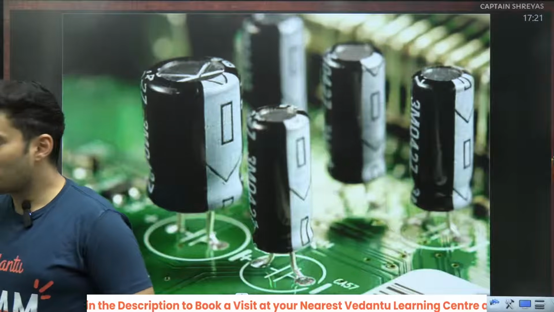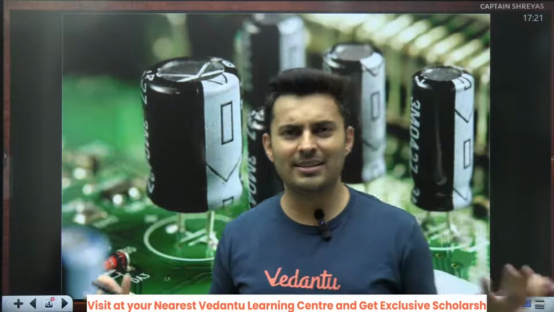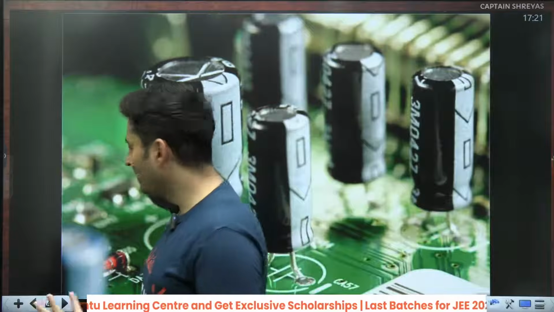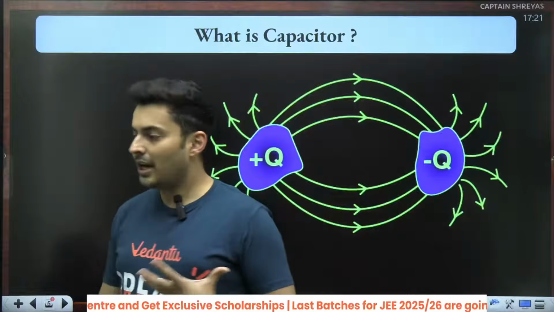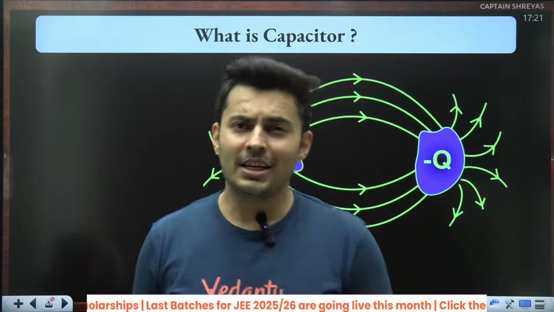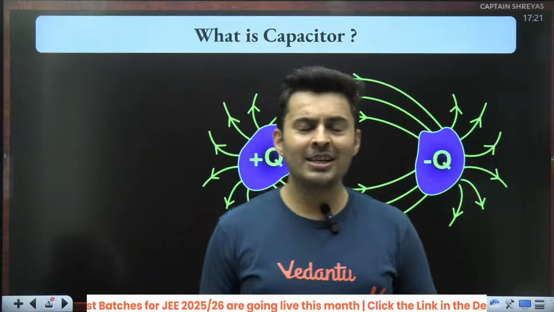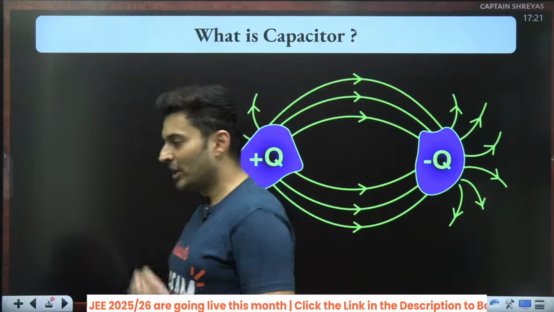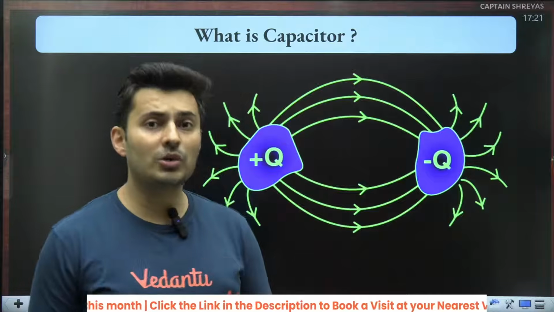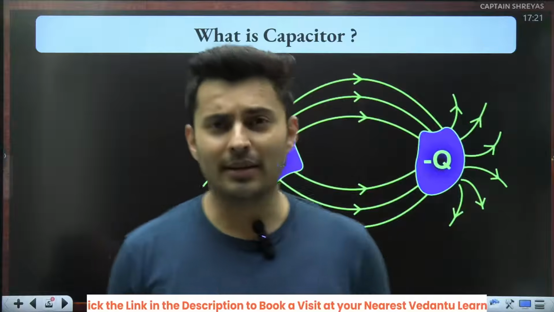So definitely you have seen this. So this is what a capacitor is, and capacitor means something related to capacity. So what kind of capacity does it have? It stores the charge and hence ends up storing the energy. But this energy is not any random energy like gravitational energy. It stores electrical potential energy. And this electrical potential energy can be used to do electrical work.